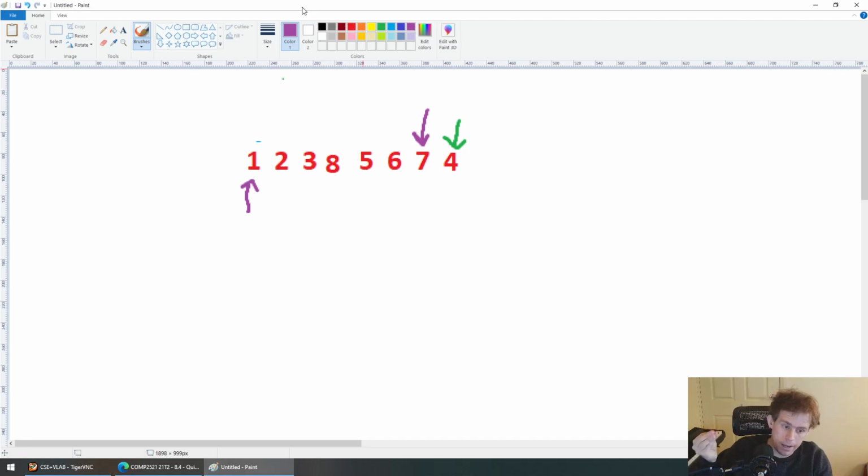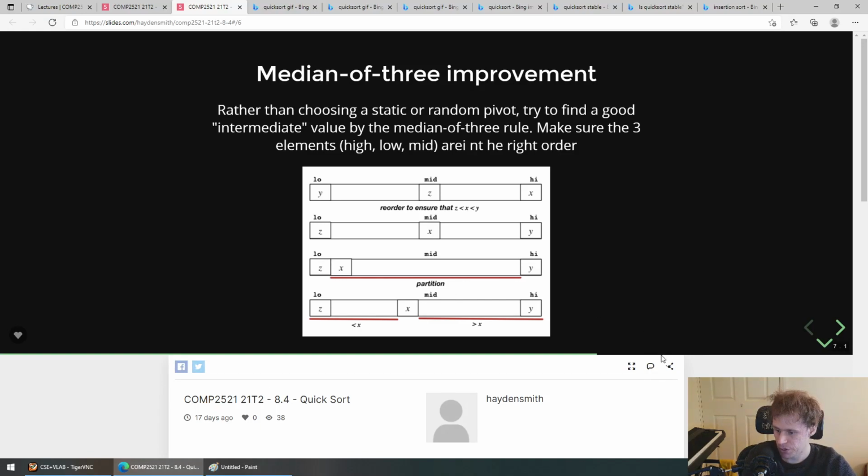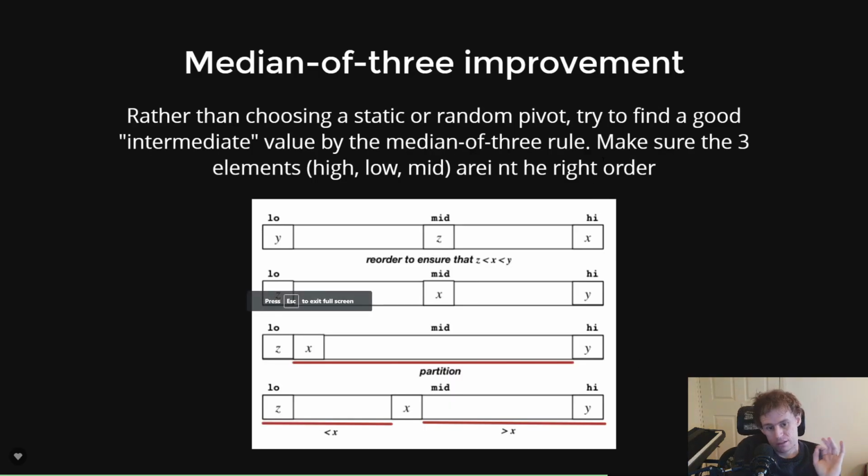That's actually why we pick the first or the last element as the pivot for a simple pivot, because it's already out of the way. It might seem unintuitive, but if you pick a middle element, statistically you have no higher chance of picking a good pivot if the data is totally random, but you still have to do the swap operation to get it to the end. And that's just more time that you don't want to spend. So rather than choosing the middle element randomly, which has that cost I just mentioned, or picking a high or a low element, one thing to do is